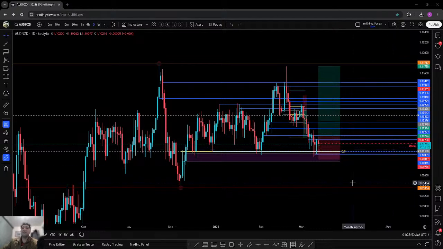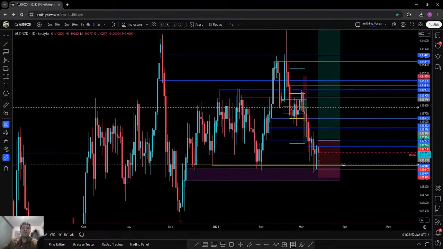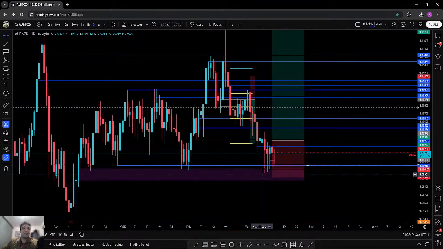Secondly, what made me take this position was these kind of wicks specifically developing, showing that the seller momentum is failing around here. You can see that prices opened around here, came back down there, went up, closed around there, opened around here, came back down, went back up. Then prices opened around here, went on the downside, and then closed on the upper side like that from this point.